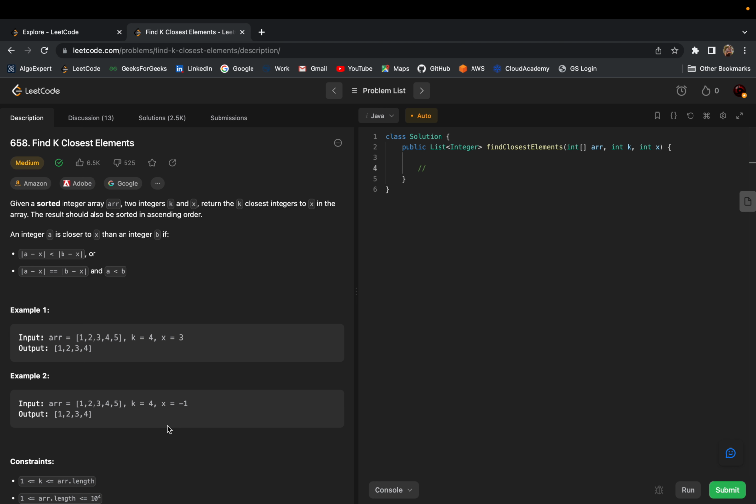So the biggest hint that is given in this question is that the array is sorted, and the first thing that comes to my mind is that we are going to use binary search. By binary search, I mean that I'm going to search whether this element exists in the array or not, or the closest element to that. So first, I'm going to find the index of the x value provided,